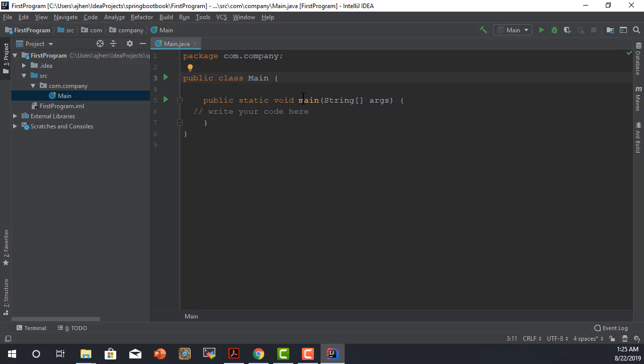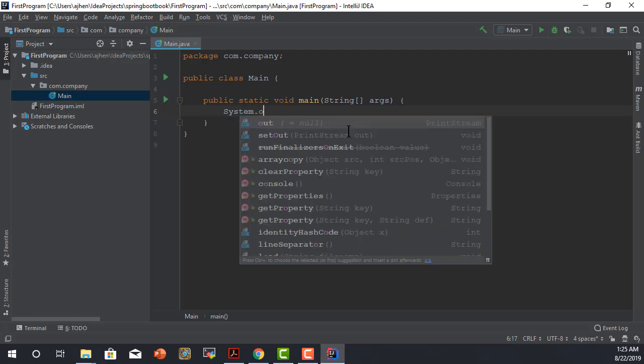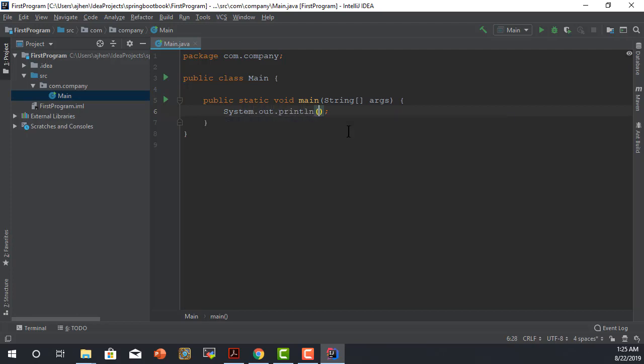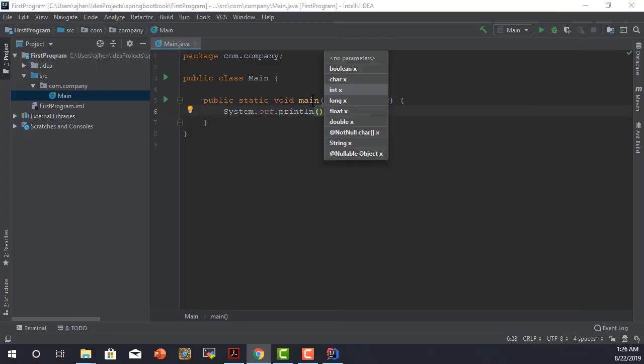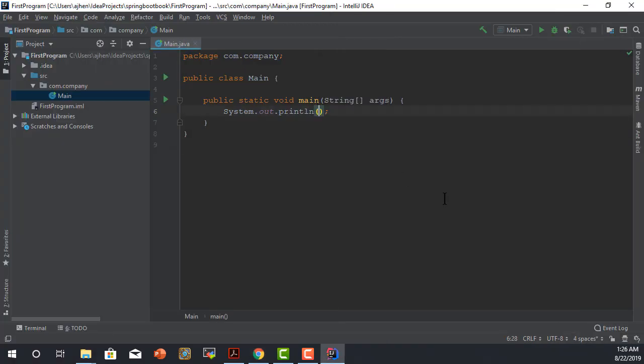Package, class, and public static void main are stuff that we're going to get into later. For right now, for the next 3 or 4 weeks, all of our programs are going to have that. Don't worry about it. We're just going to replace this part in the middle where it says write your code here. So instead of that, what we're going to put is System.out.println and something along the lines of